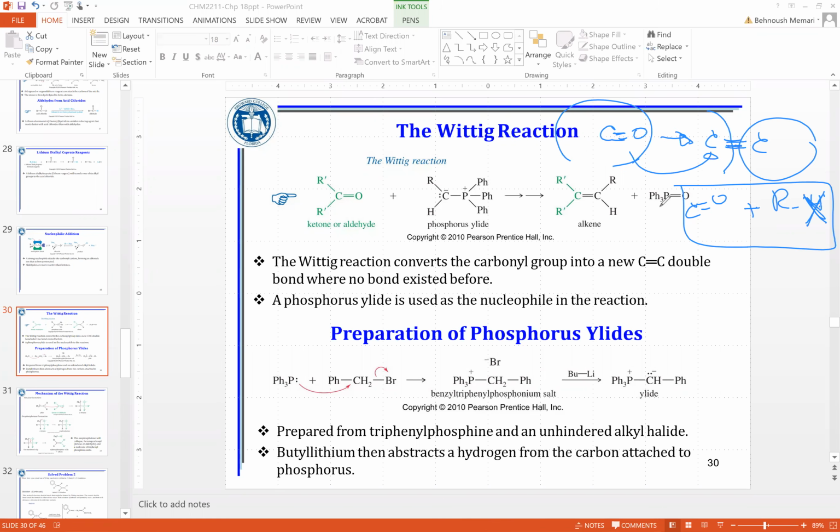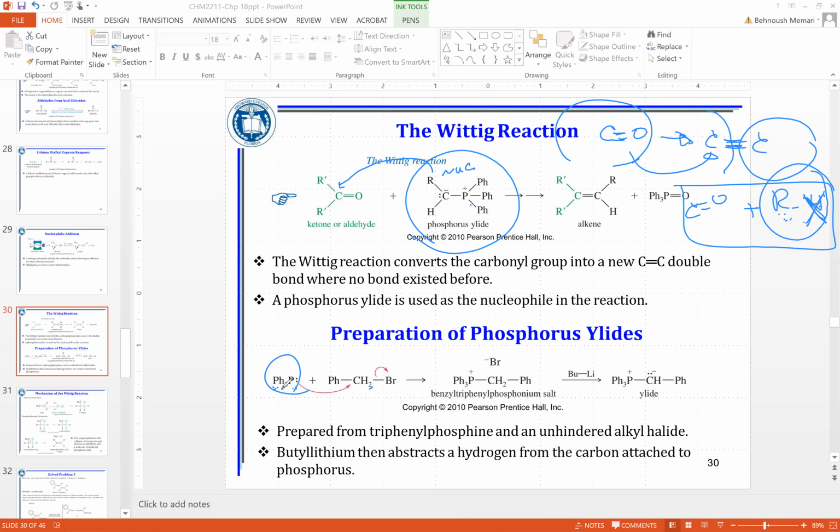Now, you don't add the ketone or aldehyde to the alkyl halide directly. You have to first change the alkyl halide to the proper reagent, which is called the ylide. The ylide is this complex here. You have the carbon with the negative charge. So the ylide would act as a nucleophile and is going to attack this carbon. How do you change the alkyl halide to the ylide? You make the alkyl halide react with